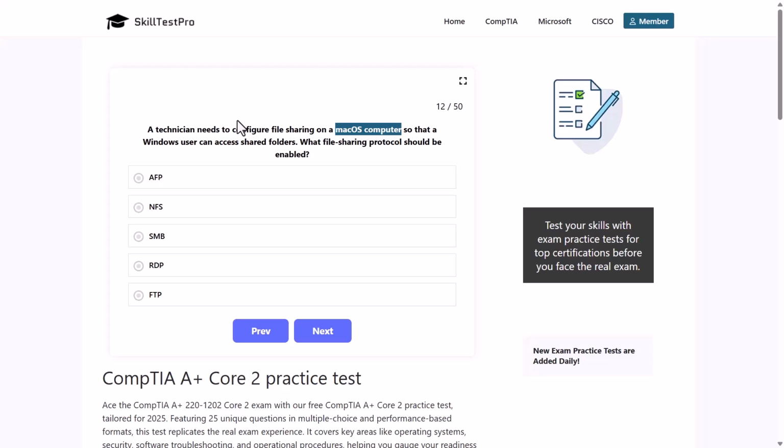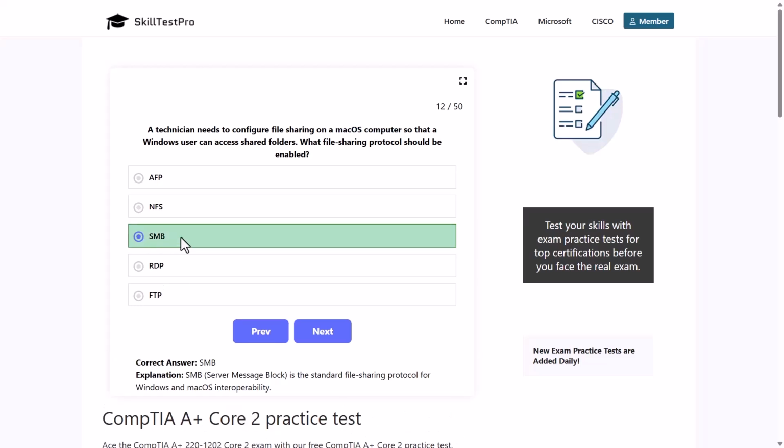However, in this exam, you should also be more aware of these questions. File system protocols are AFP, NFS, SMB, RDP, or FTP. Which one should be the correct answer here? The correct answer is Server Message Block, or SMB, as it is the standard file sharing protocol for Windows